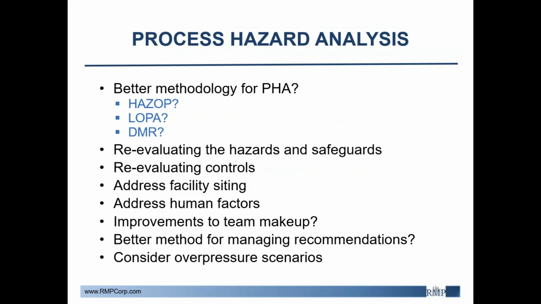Some additional RAGAGEP, I'll go through a few slides of just general RAGAGEP on top of IAR9. Again, this is applicable to all facilities, so not just refrigeration. I'm looking at other methodologies for PHAs. Does a HAZOP make more sense over a what-if checklist? Should maybe a LOPA, or even going further into a more complicated system and do a DMR similar to what